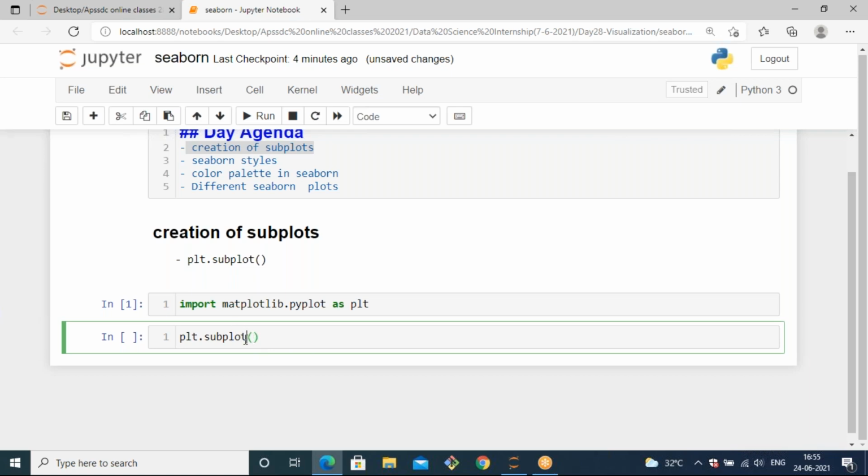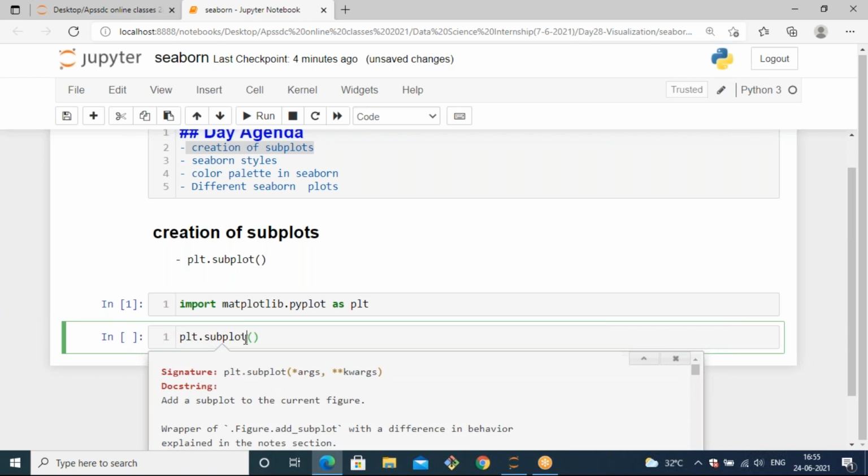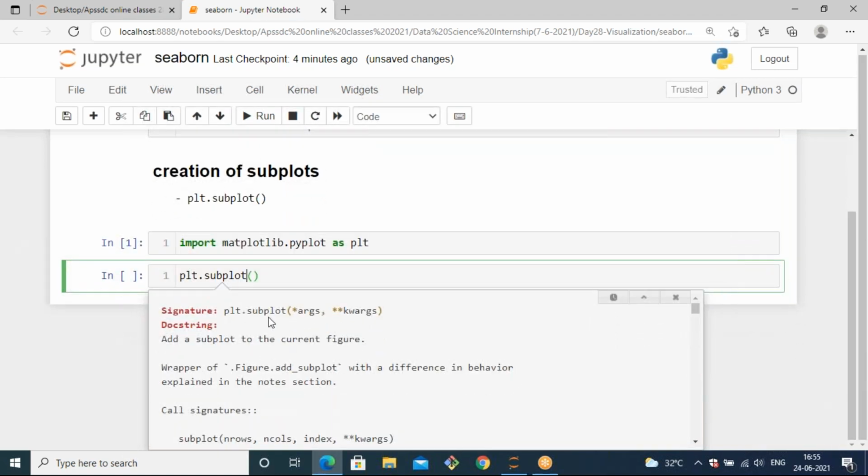Before passing any parameters, let's see what parameters this method takes. It takes arguments and keyword arguments. You might already know what keyword arguments are. In a function you should know how to define keyword arguments. Why can we use double stars?